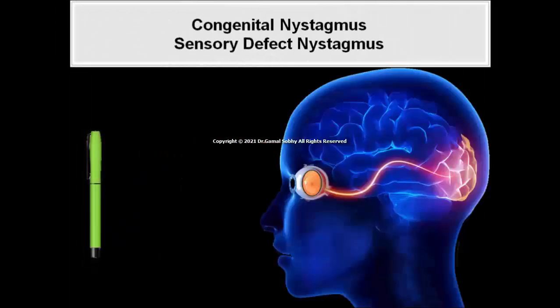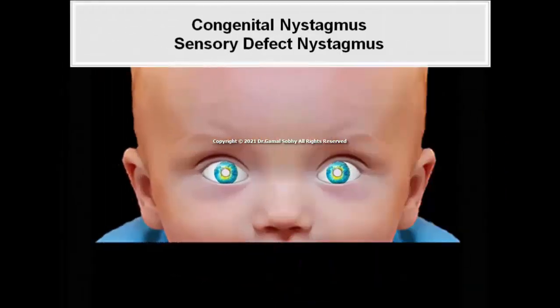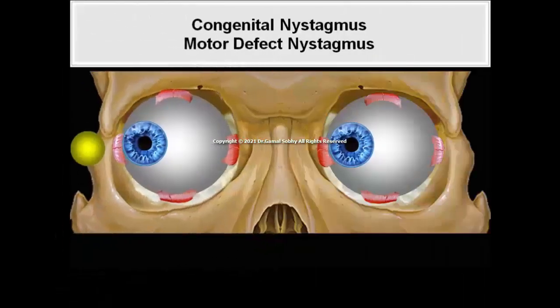Sensory defect nystagmus is caused by inadequate image formation on the fovea as a result of anterior visual pathway disease. Sensory defect nystagmus is always bilateral and horizontal and often is of the pendular type in which the eyes oscillate with equal velocity in both directions. Motor defect nystagmus is caused by a defect in the efferent mechanism, possibly involving the centers or pathways for conjugate